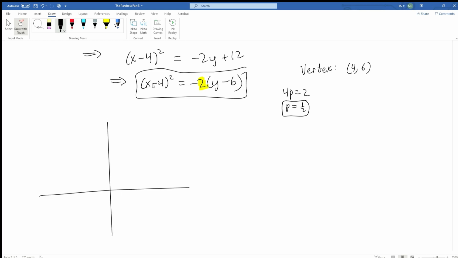We see that since this is x squared, and we have a negative on the right-hand side, this is a downward parabola. And our vertex is 4, 6, so 1, 2, 3, 4, 1, 2, 3, 4, 5, and 6. And let's just plot that right here. And since p is 1/2, well, my scale doesn't do me any favors here, but I think we can get the idea. Since our graph is facing down,